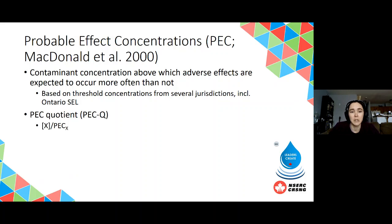And particularly what we're going to be talking about are PEC quotients. So this is just the concentration of your contaminant in the sediment divided by this constant number, your PEC value. So as an example, if we had element X and we found it in the sediment at 3 micrograms per gram dry weight, and we know that its PEC value is 2, our PEC quotient is going to be 1.5,